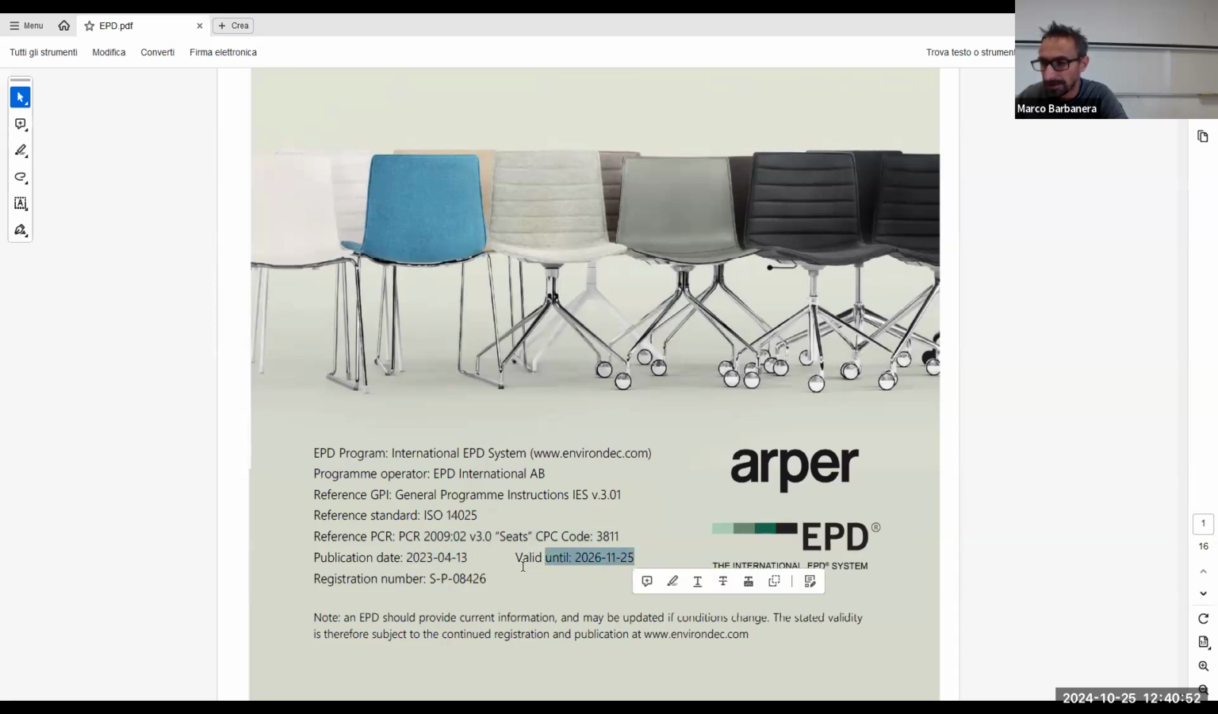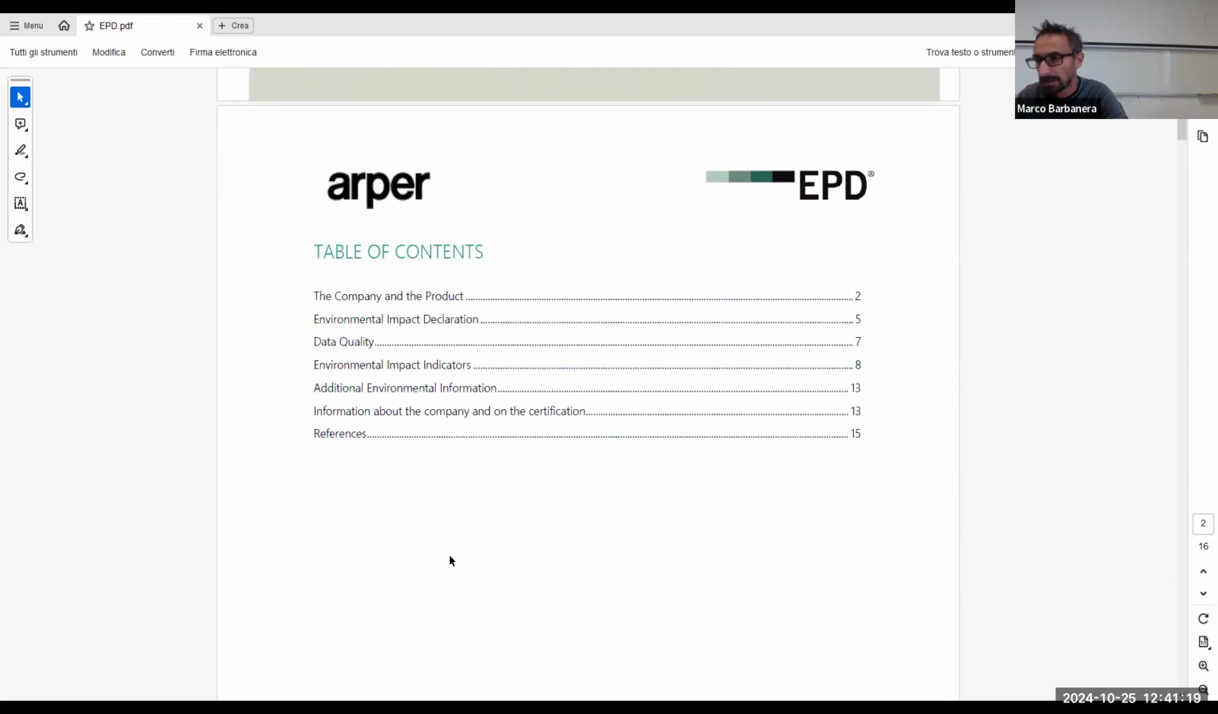In fact, every 3 years you have to update the data in the environmental product declaration, and so each EPD is valid within 3 years from the publication. So in this document, typically you can find